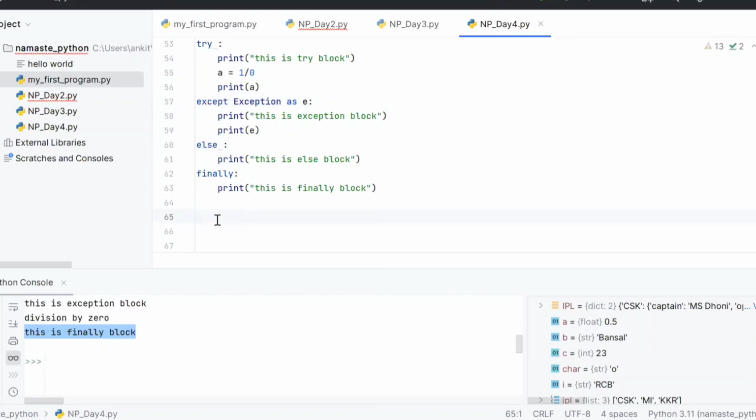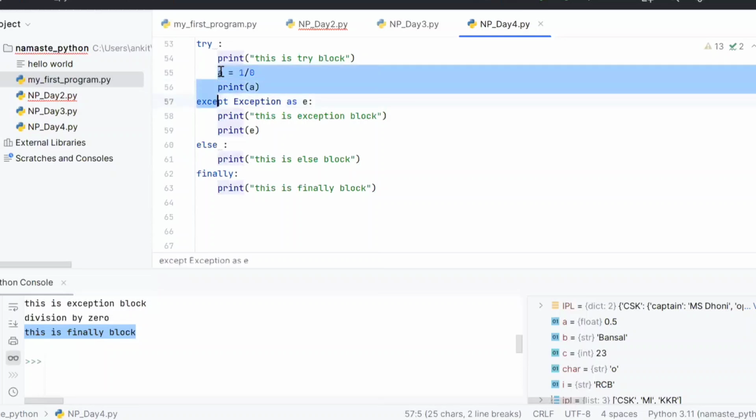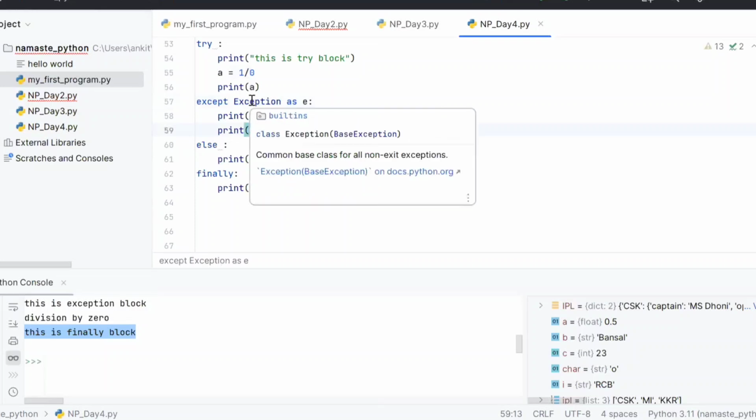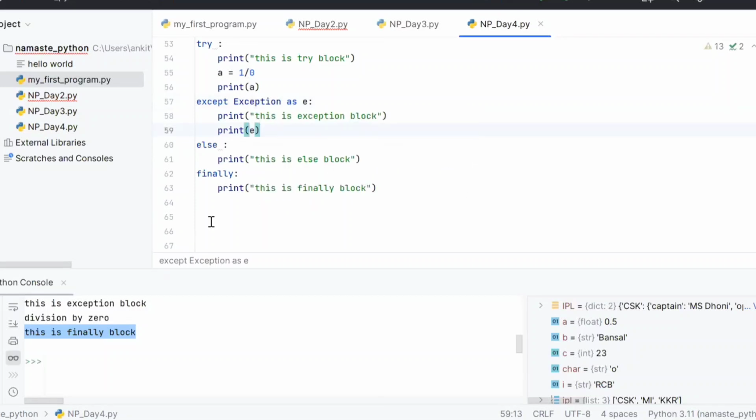Now in that case, Ankit, what if we don't know what the exception will be? Which exception will we use? For the code you are writing, you can see what all exceptions are possible. If you are not sure, then use the general class Exception and it will catch everything, whatever exception is coming. Okay.